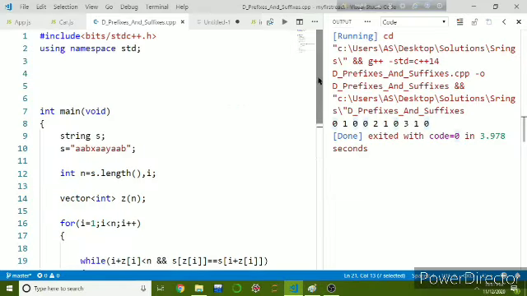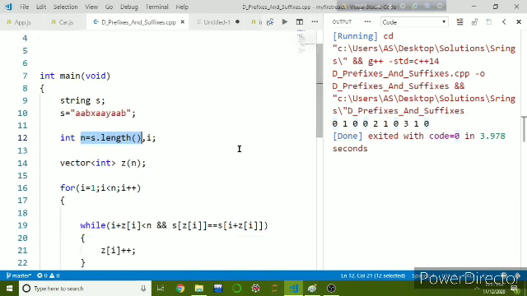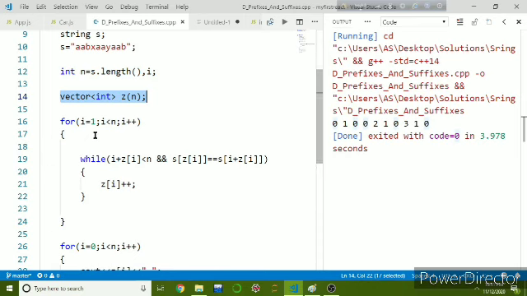Here is the code. We have the string s, n is the length of the string. We are creating a vector, the z vector. The length of the z vector is equal to the length of the string, and all the values are initialized with 0. As we are not interested in the z value at index 0, we are starting from index 1, and for each index this while loop will be executed, and inside this while loop we are matching character by character.